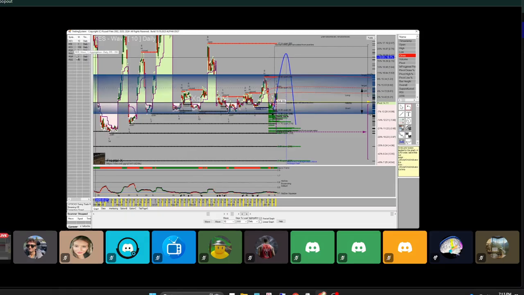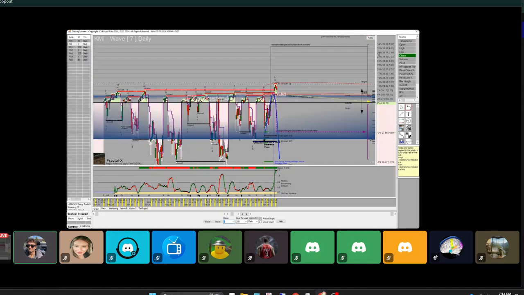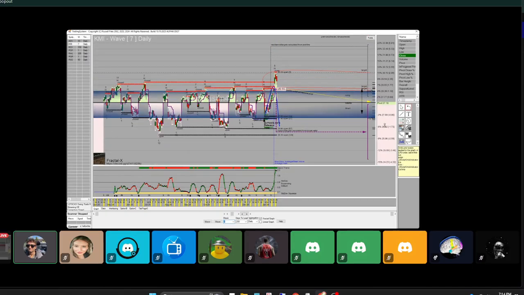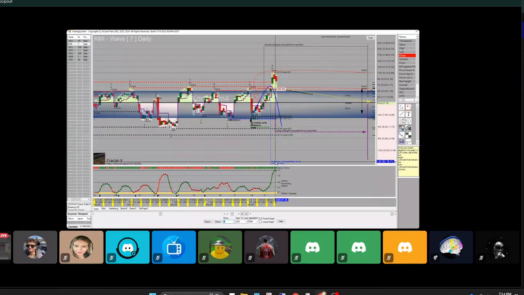There's a couple other good ones I want to go over. KMI is one we talked about. Kinder Morgan. Make money off natural gas. It's a natural gas stock. Wave 7's kind of overextended. You can see the standard deviations at extreme. We had an outlier above this blue area. If you're new, anytime price gets above this blue area, either above pivot or below pivot, it's an outlier. That's usually where we see explosive moves.